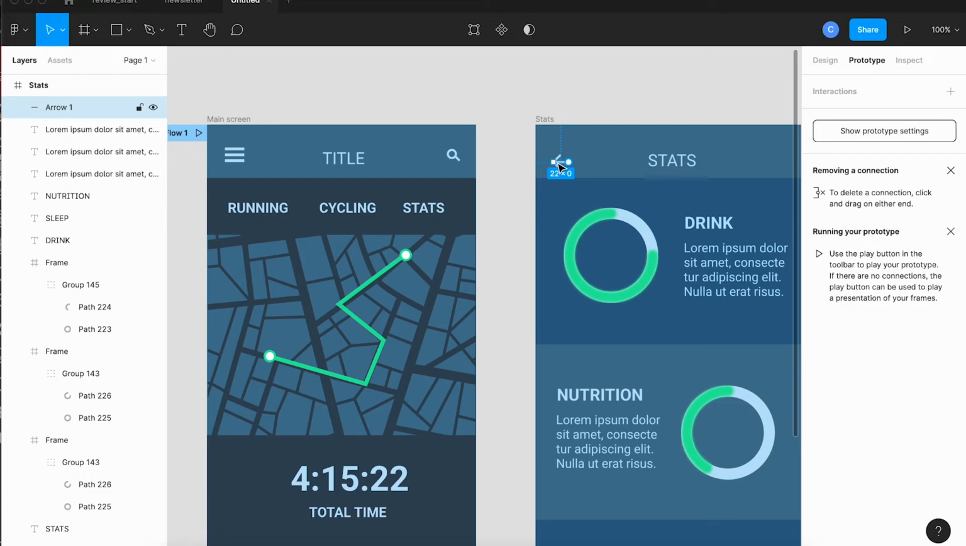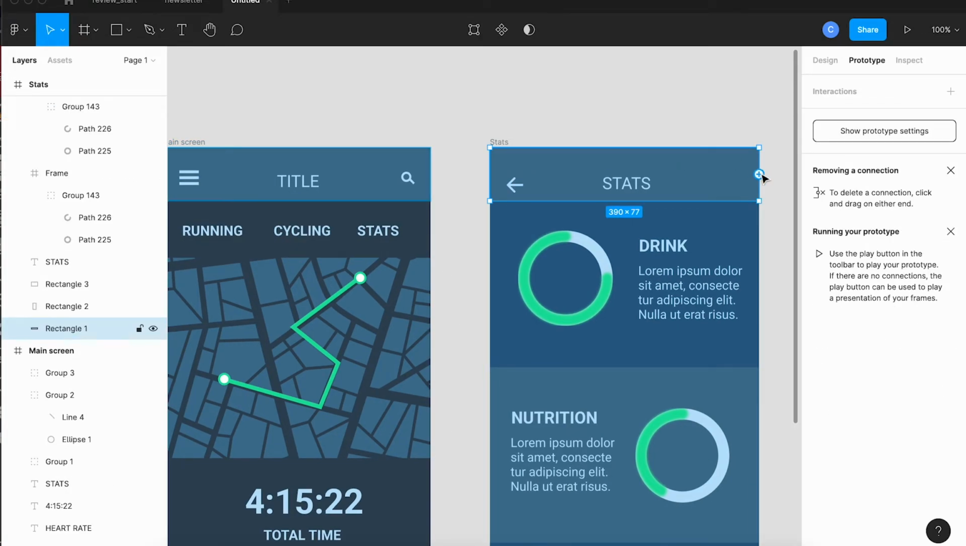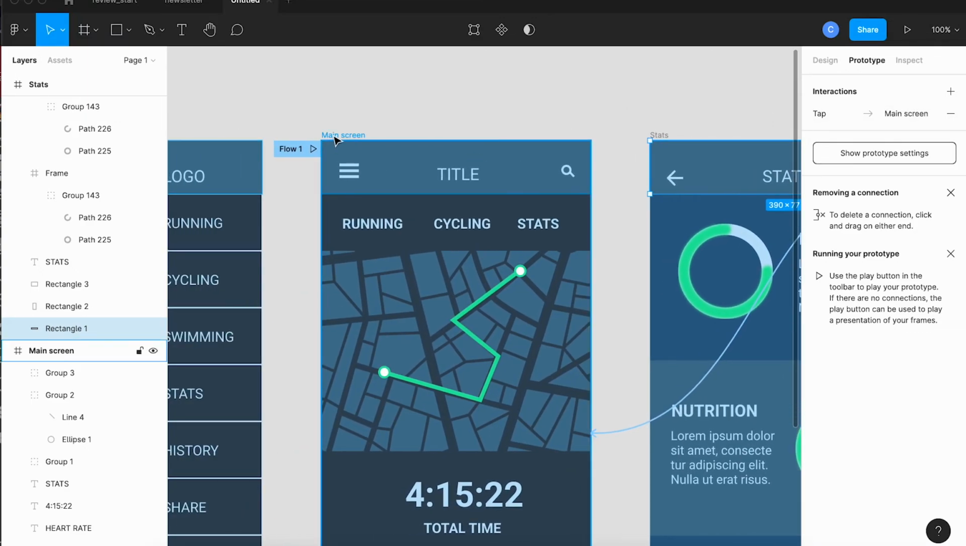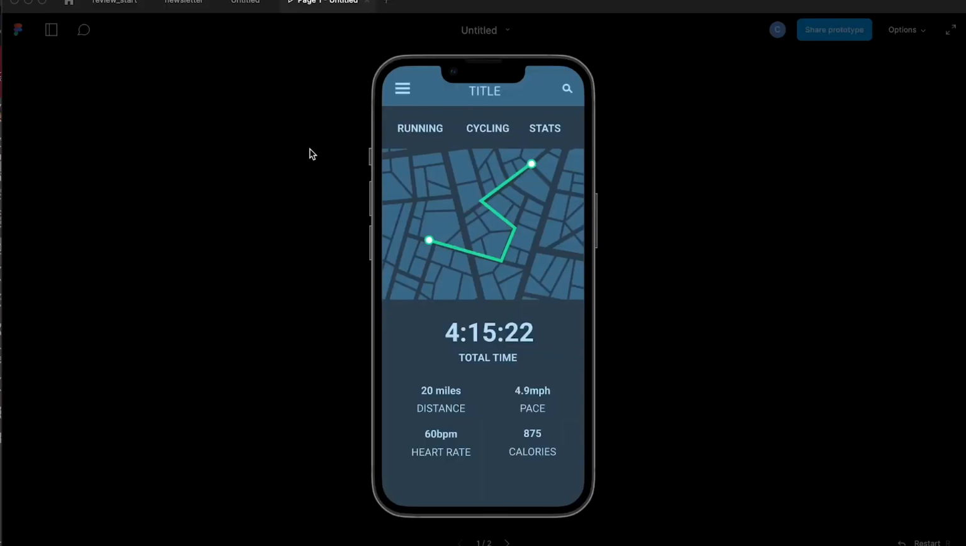Okay, and the only thing at the top of the screen now is the arrow. I can actually select this whole box up there and wire it to the main screen. So it's kind of like a little cheat since the arrow is not actually selectable. Okay, we'll play this, and now when we tap on